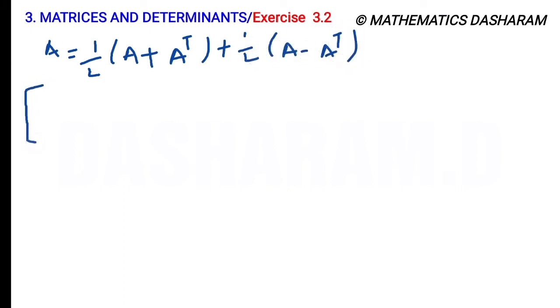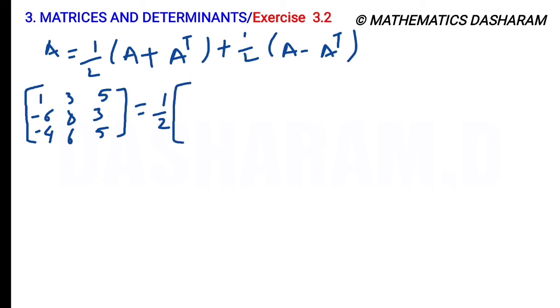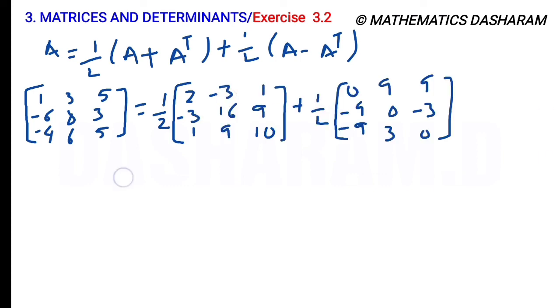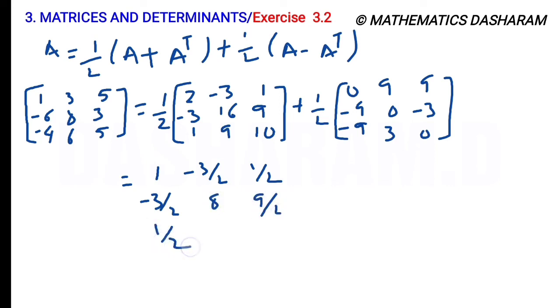A matrix means the given matrix. So 1 by 2 into A plus A transpose matrix, so that is 2, minus 3, 1. Let's simplify. 1 by 2 multiplying inside: 1 by 2 into 2 is 1, here minus 3 by 2, 1 by 2, minus 3 by 2, 16 by 2 is 8, 9 by 2 here, 1 by 2, 9 by 2, 5,